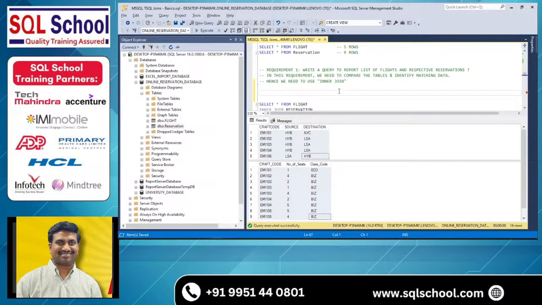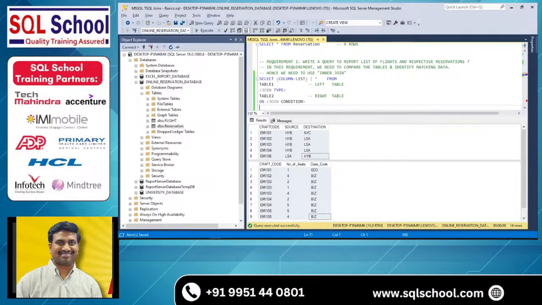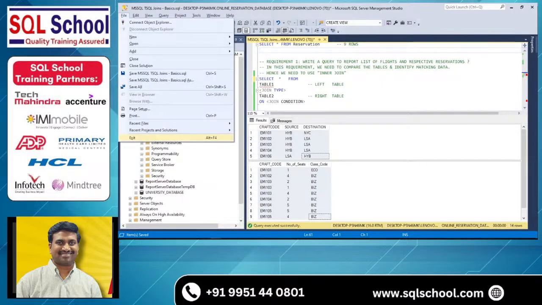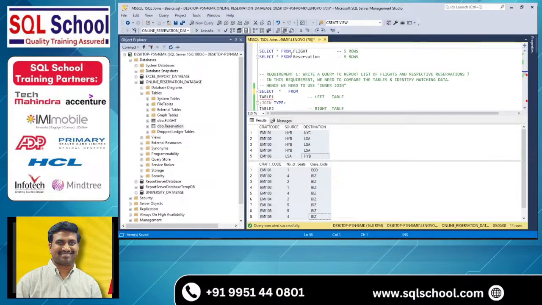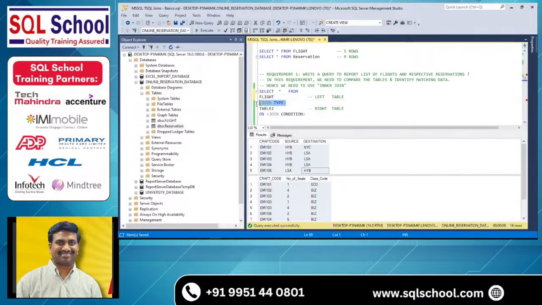Okay, here it is. Select column list, or for now star, means all columns from first table. What's the first table? I'll say, for example, flight table. Join type. You would like to have matching data. Matching data is identified by inner join. Second table called reservation table on